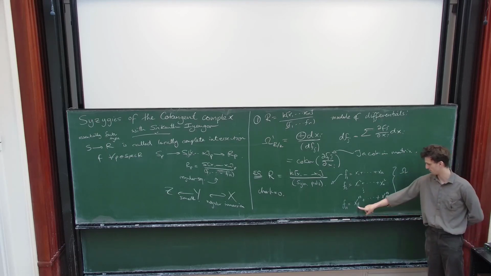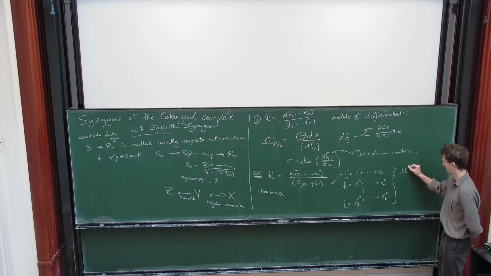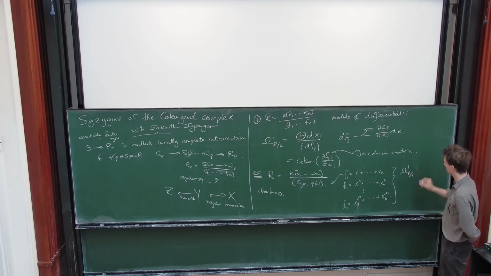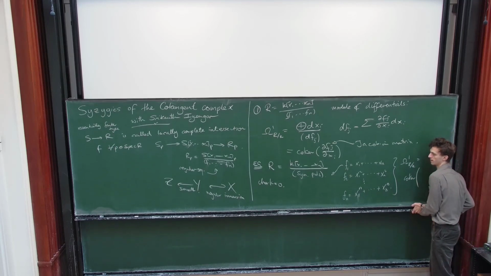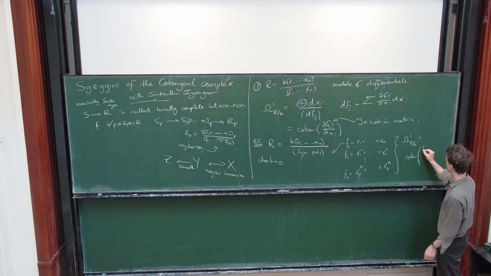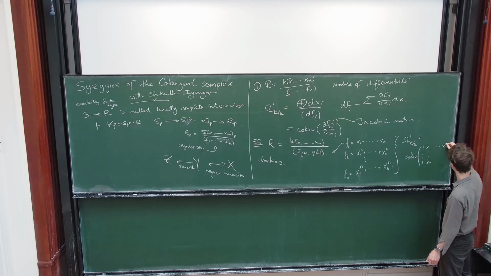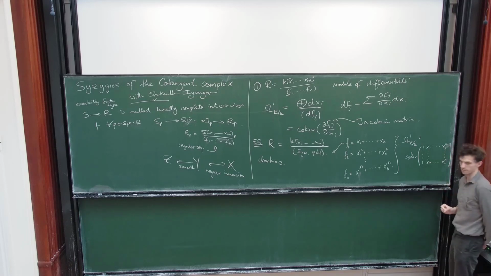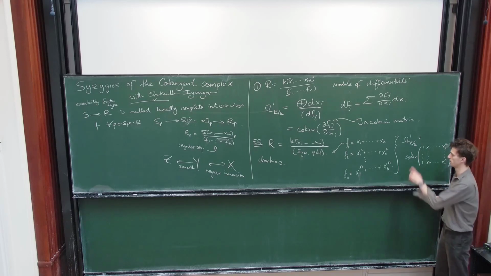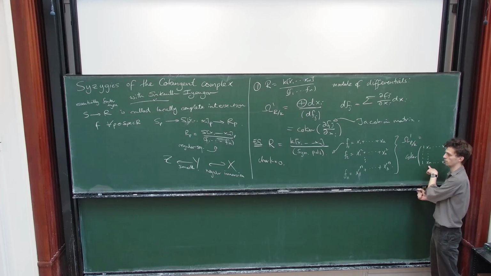In this case, if you work out what the Jacobian matrix of this is, up to some constants, it is this matrix. Ones are down here. It's the Vandermonde matrix. So the module of differentials in this case is the cokernel of the Vandermonde matrix,